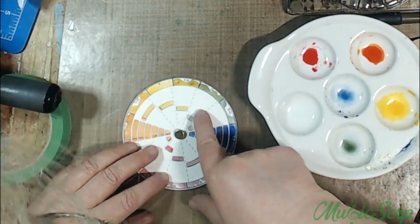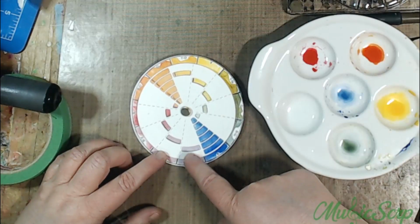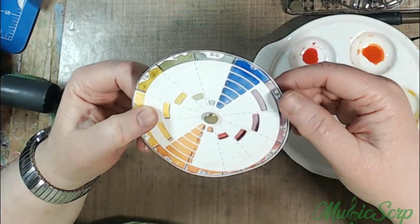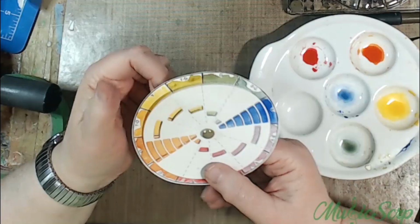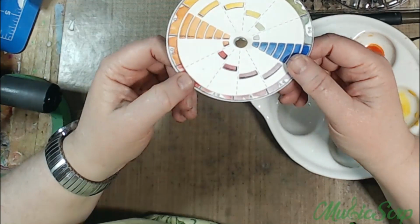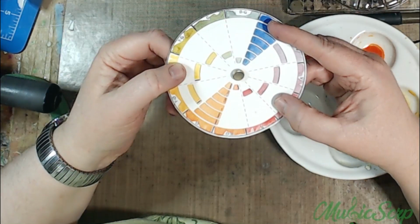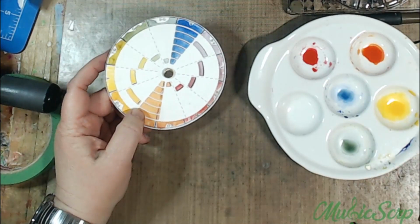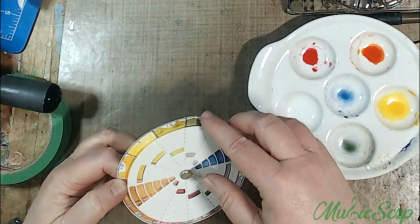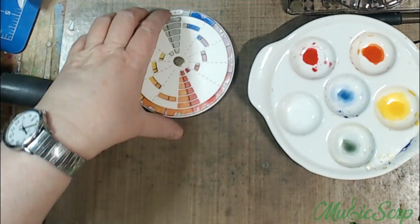But then you see, you can also do your... now how do you do it? Your triad. Wait a minute. Your triad is here, here, and here. All right, so I